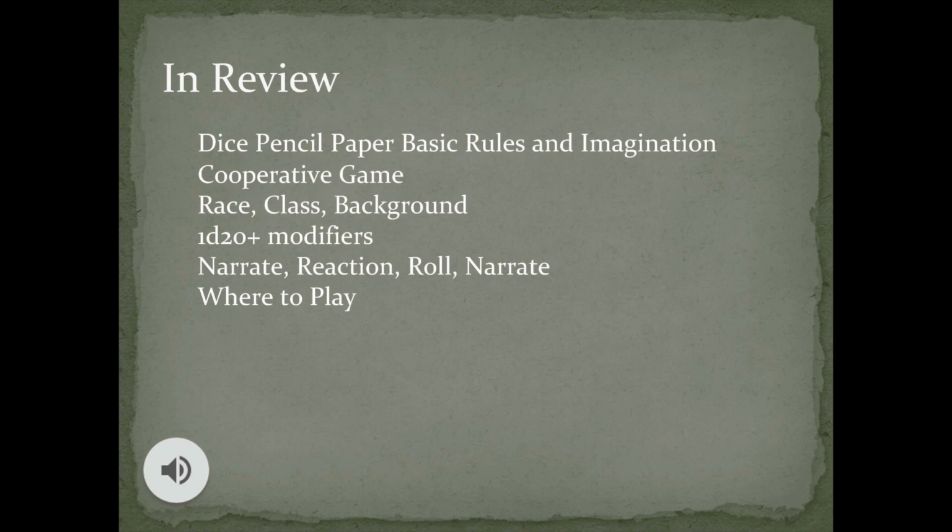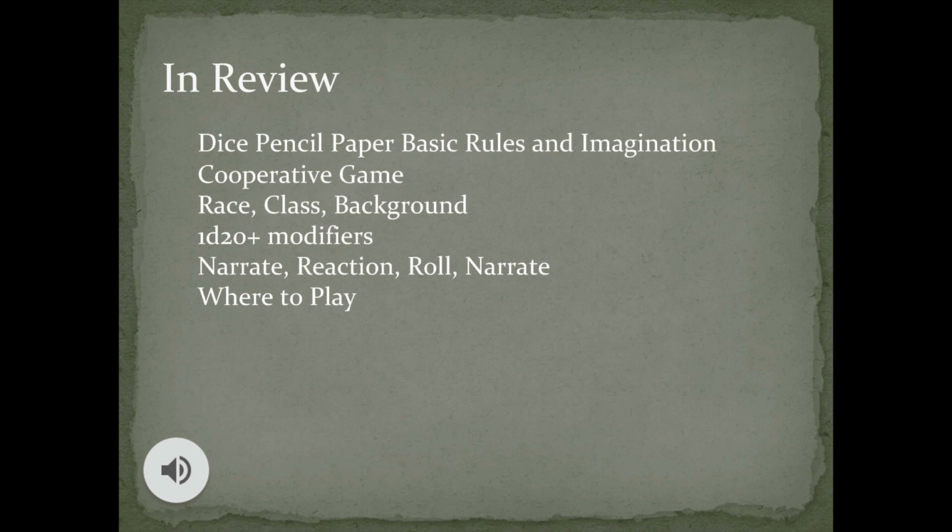Most of the game falls under the formula of 1d20 plus modifiers. The DM will tell you what modifiers you are using. Combat replaces the d20 with your damage die. The game is broken down into a set ebb and flow or cycle of narrate, player's reaction, called for rolls, and DM's narration of results, which cycles back into the first narrate.